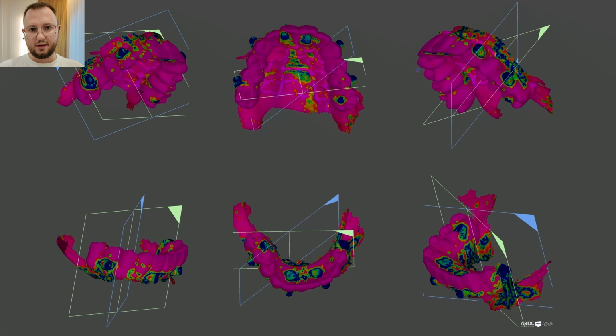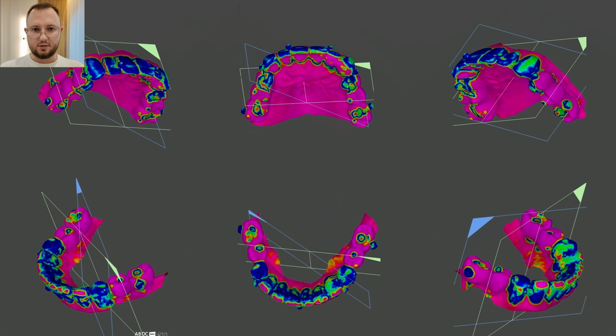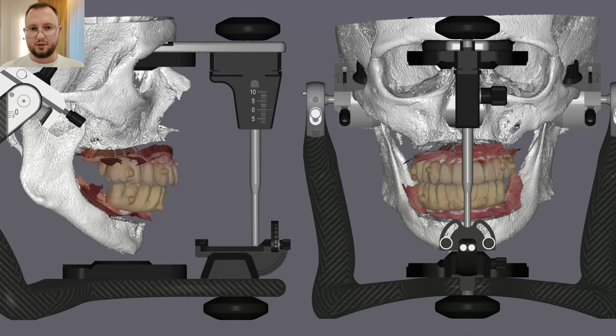Next step, we align scans to CBCT data using Exoplan software. On the screen, you can check the alignment color map. Excellent alignment at the composite markers and also in the position of screw channels with composite. In this case, we see alignment of composite markers and also alignment of teeth. Once we have this clinical data, we can confidently use bone structure segmentations for positioning in the virtual articulator.